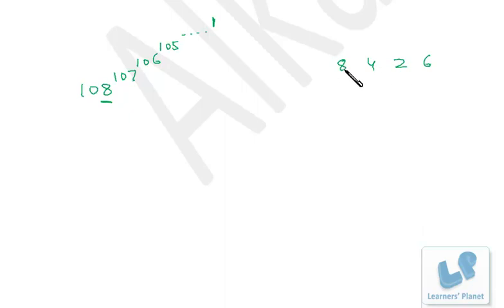This is first place, second place, third place, and fourth place. That means it is 4k format, 4k plus 1 format, 4k plus 2 format and 4k plus 3 format, which I have already explained in my basic sessions, right? Now we have to find out in which format the number 107 raised to 106 is. After that we'll be able to decide which format we get for 8 raised to it.